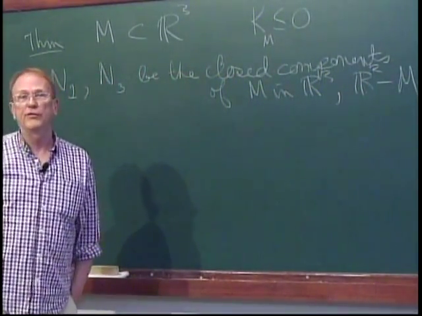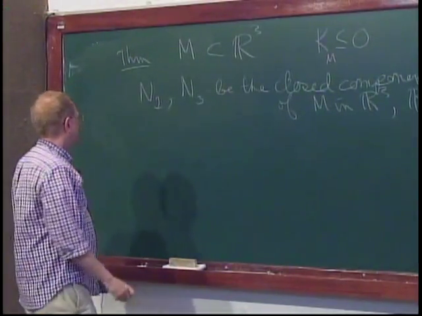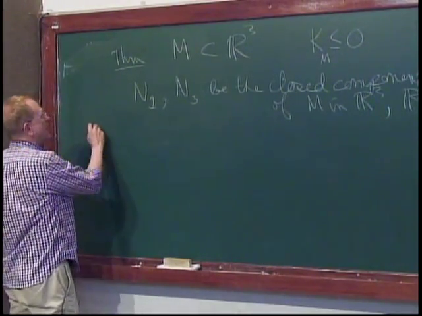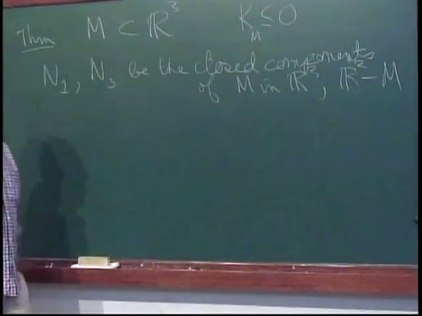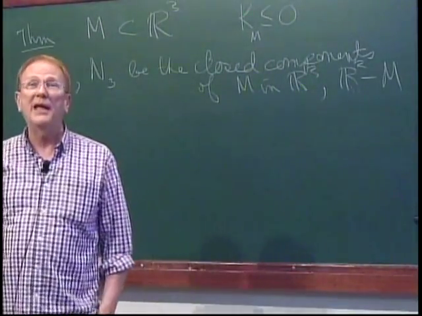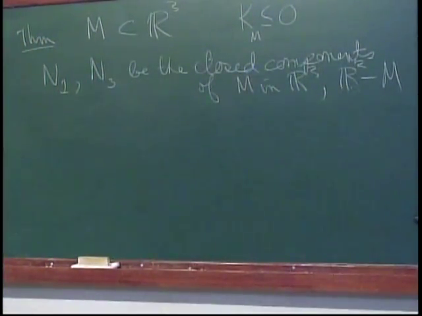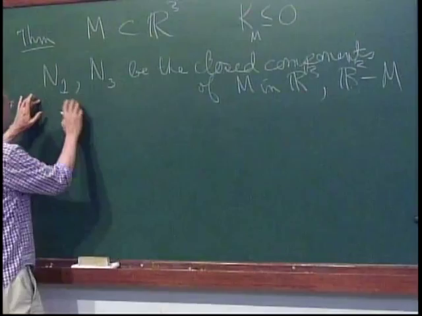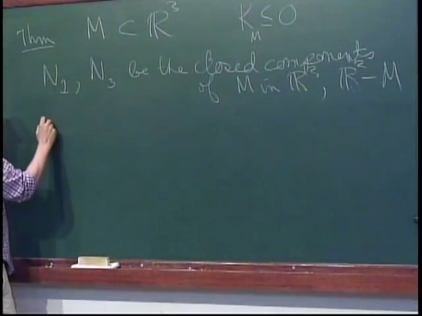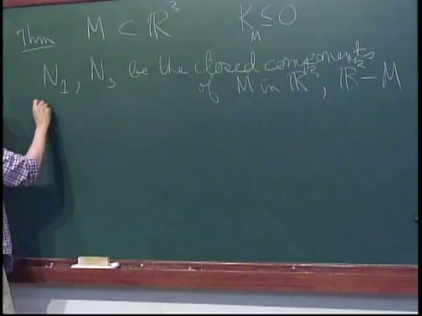In other words, you're taking R3, you remove the surface, you get always two solid regions, and I look at the closures of those regions. Okay? So what can I say about these domains? For example, are they what are called open handle bodies? So do they look like somehow something one-dimensional, some kind of one-dimensional aspect to them? So the interiors of these are going to be open handle bodies.